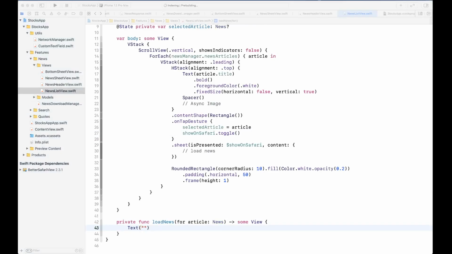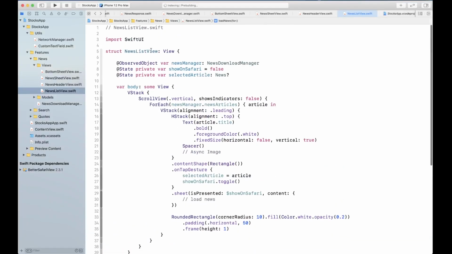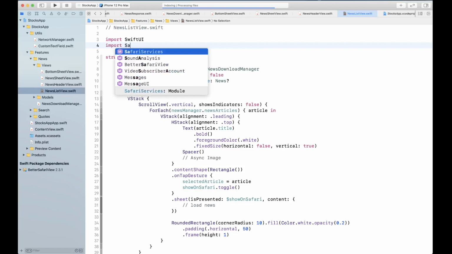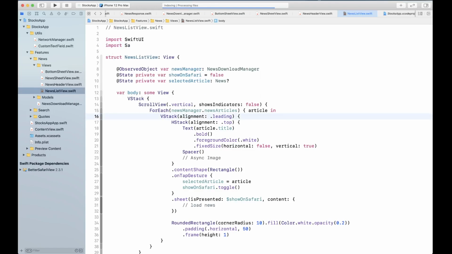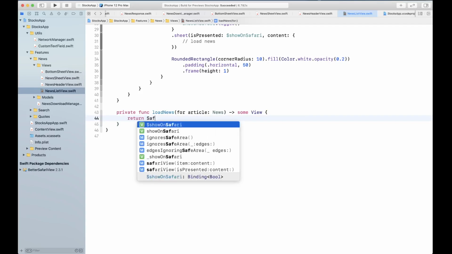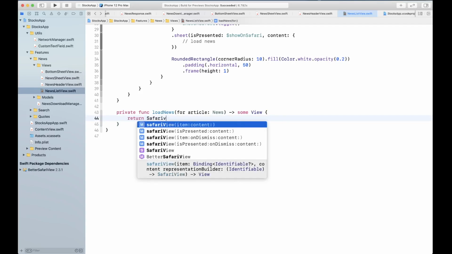Now we can simply come back here, make sure to import Safari. Let's see, do we need to import? Yeah, Better Safari View. There we go, it started showing up. So we can simply call this SafariView.